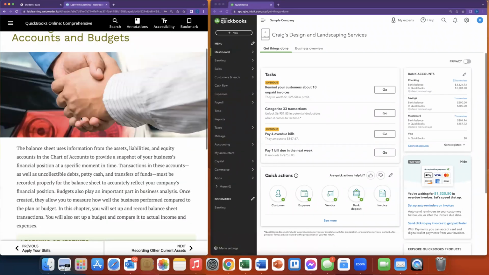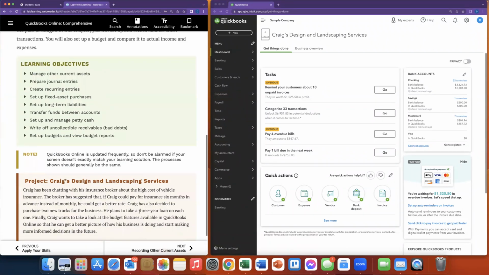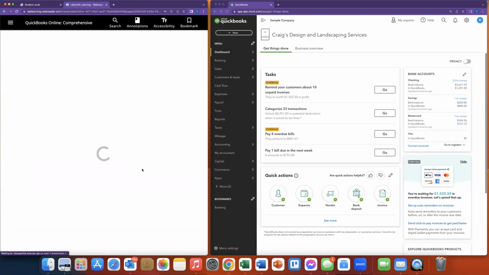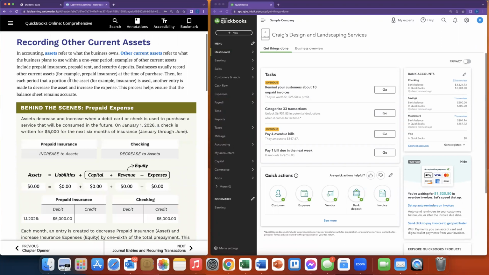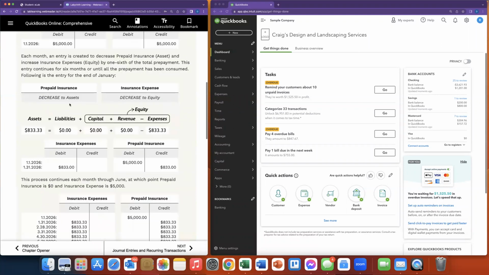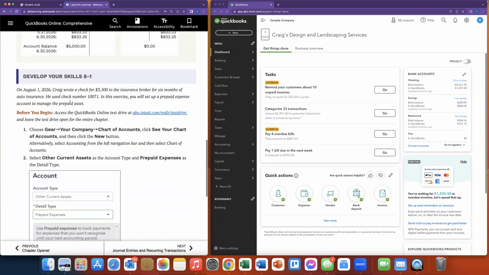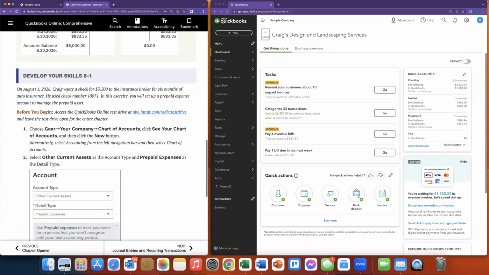So the first page is our learning objectives, and that we are in Greg's Designs, and we go to recording other current assets, which are prepaid expenses, for example. So you're going to read through all of this, and then we're going to go right into Develop Your Skills 8-1. On August 1st, 2026, Greg wrote a check for $3,500 to the insurance broker for 6 months of auto insurance. He used check number